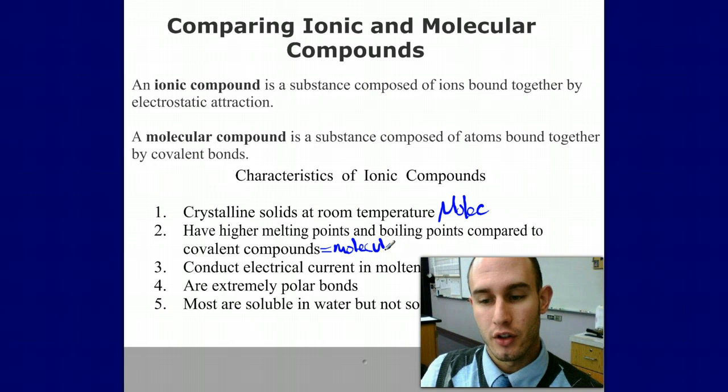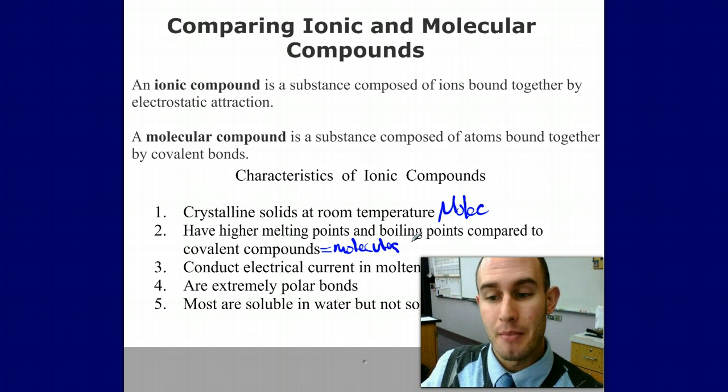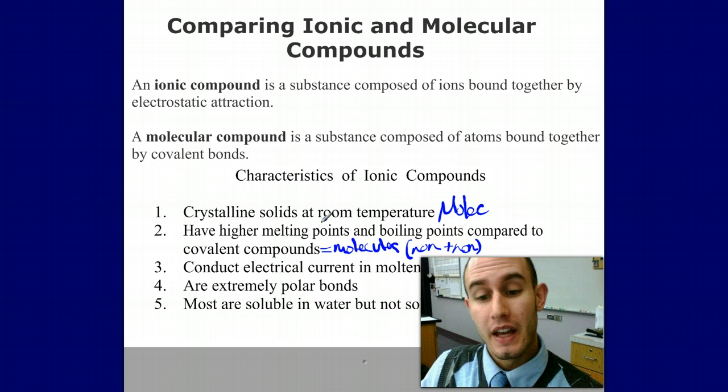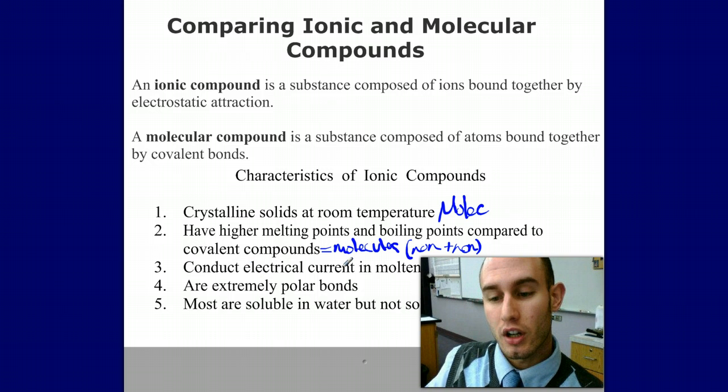So this is a good review of what is a molecular compound. It is a covalent compound, so two non-metals being bonded together. That's a non-metal plus a non-metal being bonded together. They do conduct electrical current in molten or solution states. So if something is a solution, remember homogeneous solutions, that is when you have a solvent and a solute. So if something is soluble,